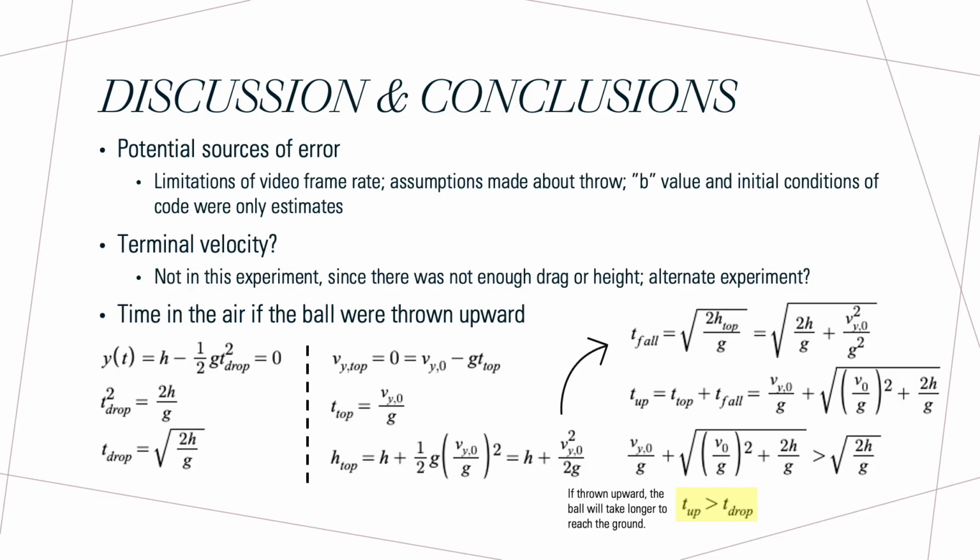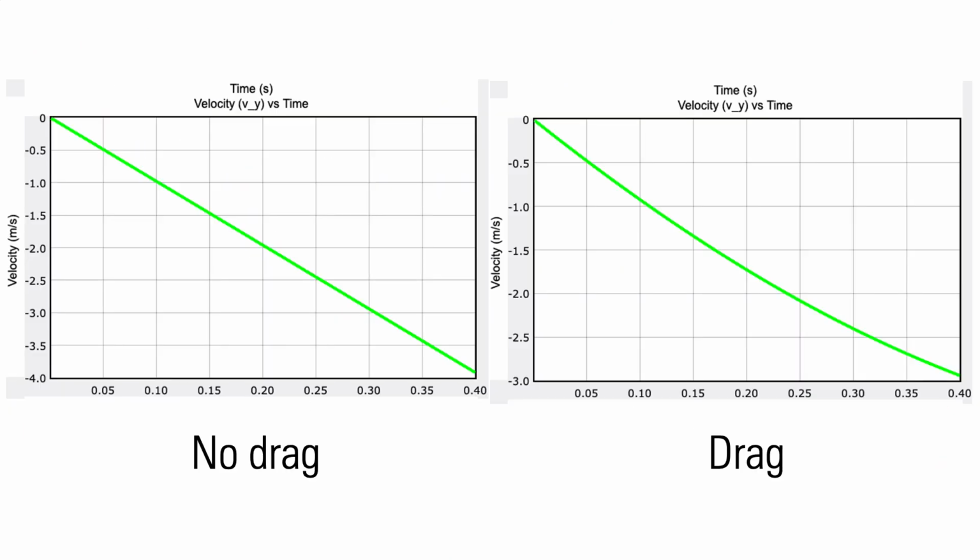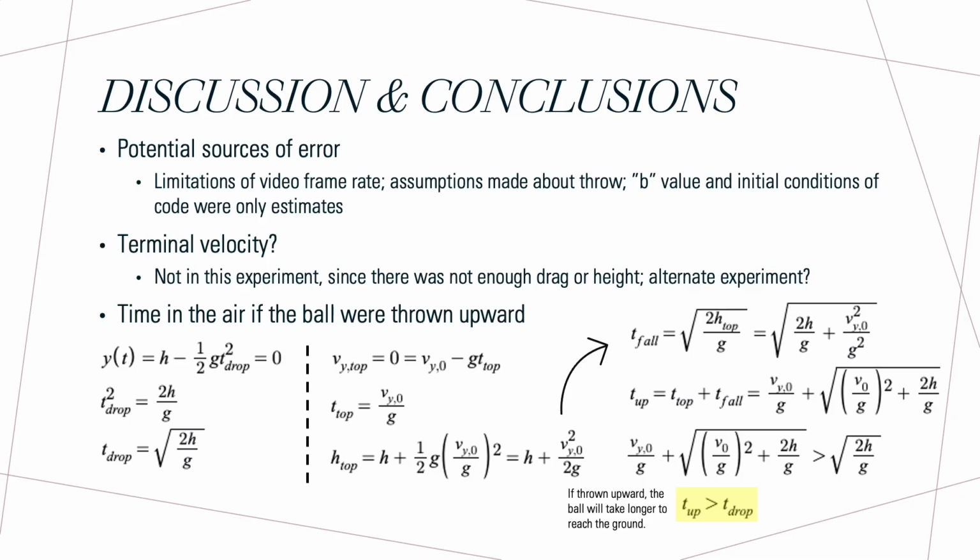with drag. Regarding terminal velocity, my velocity versus time graphs didn't reach a constant value, but I noticed that my drag model was starting to approach one. Though this experiment did not find a terminal velocity, I could design a similar experiment that would try to create more drag and allow for more time for the object to fall, perhaps by using a parachute and a greater